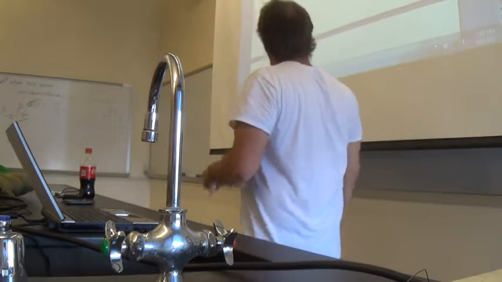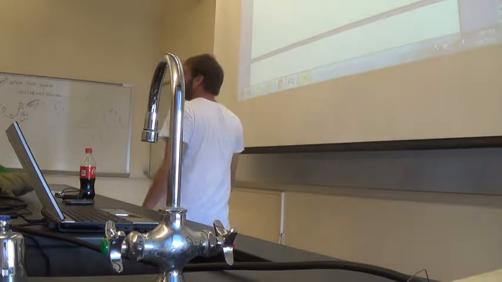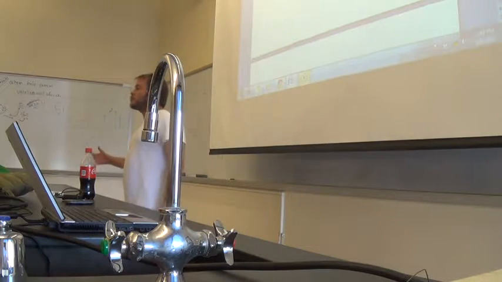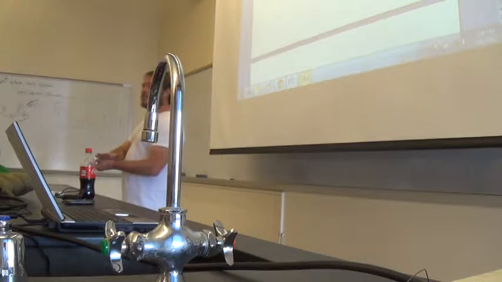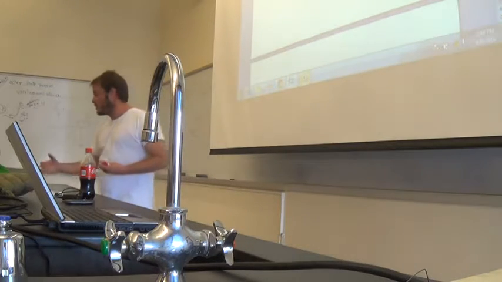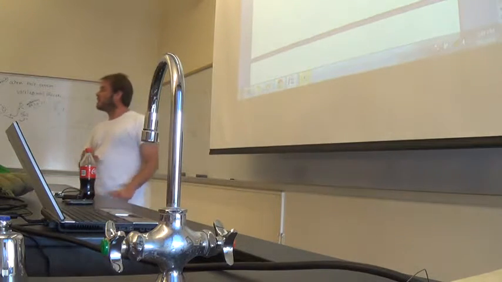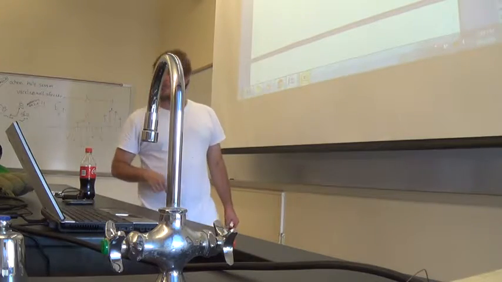E squared over 4 pi epsilon naught R squared is equal to m v squared over R. This is the balance between the forces on the electron and the nucleus, which provides the acceleration required to keep circular motion. Bohr did one other thing,